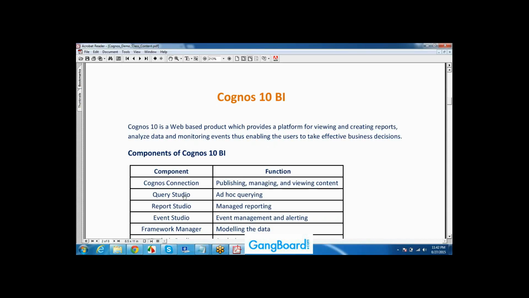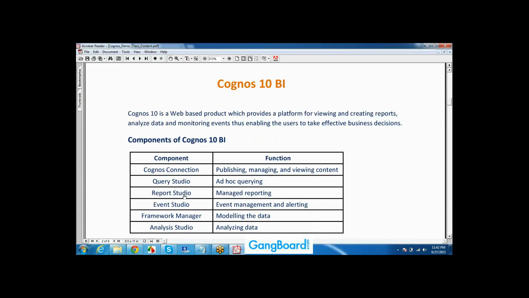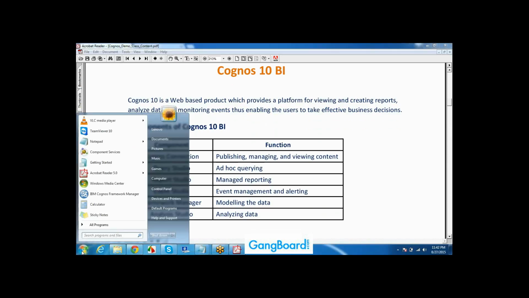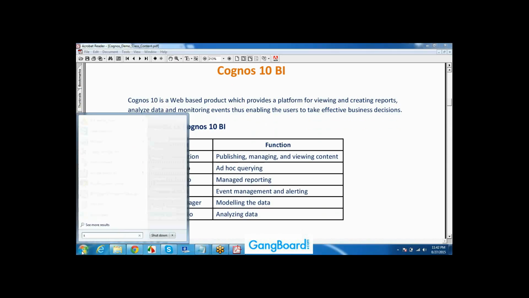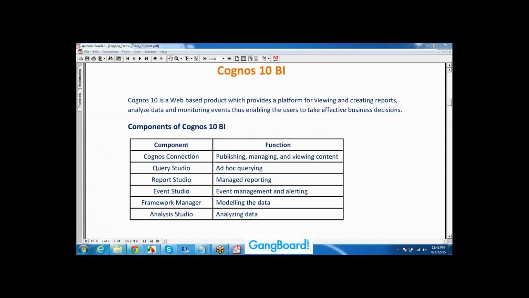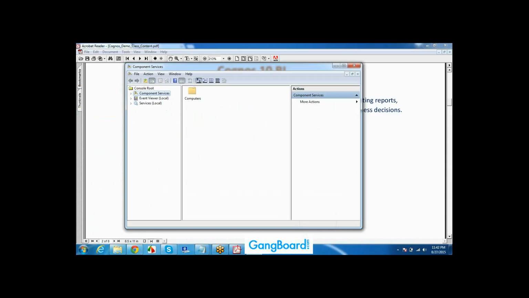As I told you, Cognos is basically a web-based tool, in the sense that with the Cognos URL we can connect to Cognos and create our reports. We can show the data to the customers. You are the developer, you need to create the report, and based on the report, your customer can see the data.